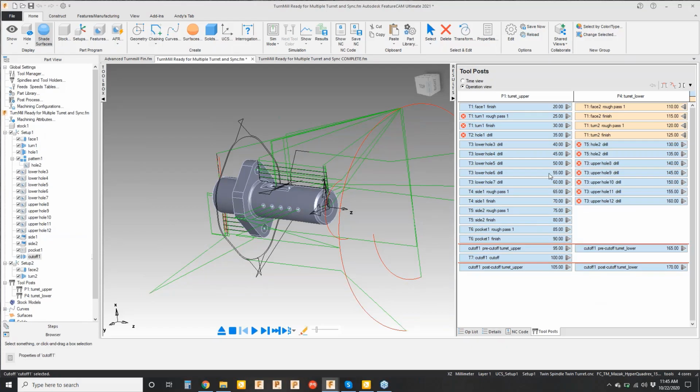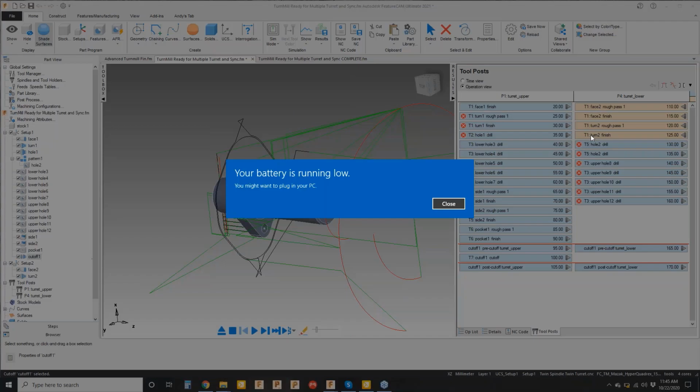So what I'm going to do is select the operation I want to be completed before another operation runs. So I'm going to tell the software, wait until this turn feature is